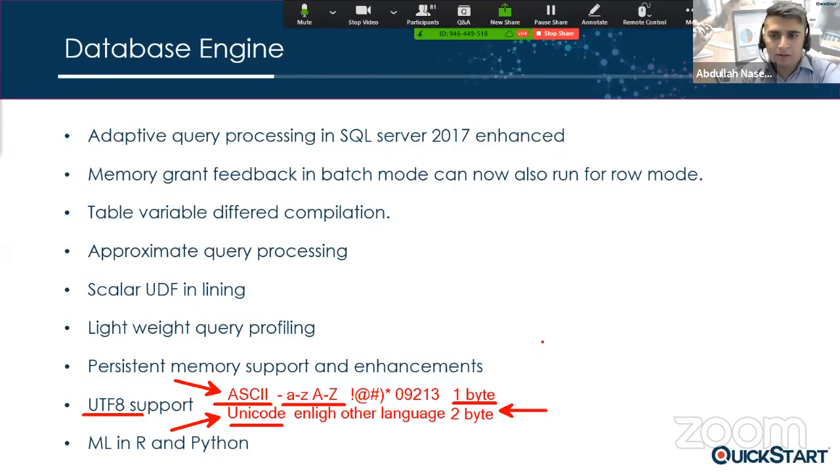Unicode tends to be slower than ASCII because you have to write more into memory and read more from memory as well. So it's not just storage, but also memory. So Unicode was slower and was taking more space. So we had to come up with the integration of UTF-8. It's a compressed version of Unicode. It still represents all the languages, but it's a more compressed form